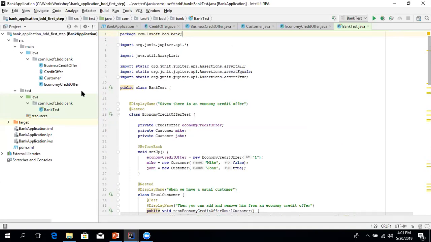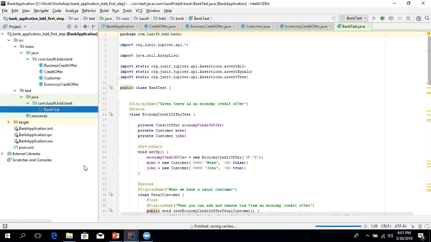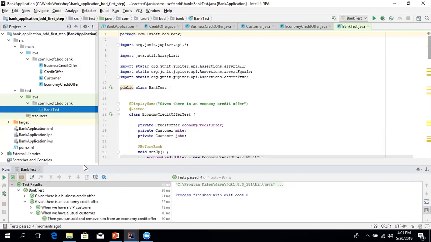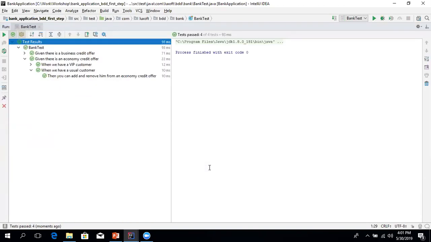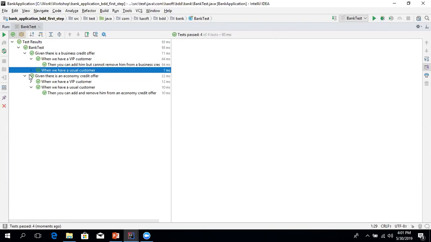Let's do some checking. Let's see how this JUnit 5 works. We have run this test. Okay, the tests are green. But what is very, very important is that I will open everything from here and you will see that you can easily follow the scenarios and you can easily understand what is going on